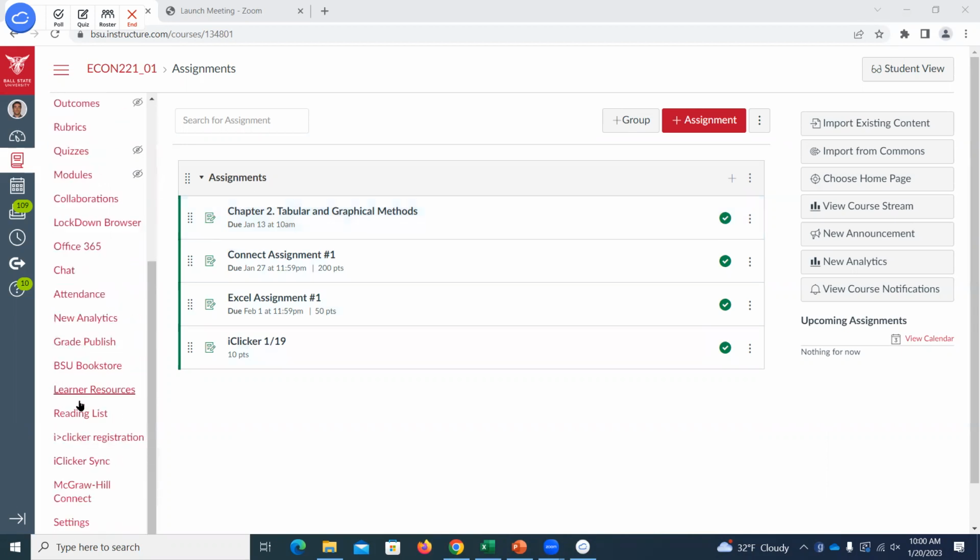So there's this iClicker registration. You need to make sure you enter your remote ID there as well. If you don't, that can prevent it from syncing up. No worries. I collect and I still have all the data. So as soon as we get it registered correctly, I can match it up to your name. All your old scores are there and they'll get uploaded. So don't freak out if you do see a 0 right now and it didn't get registered quite correctly.